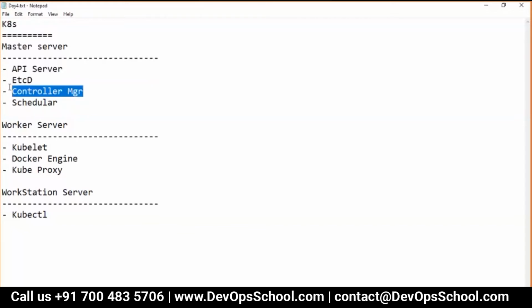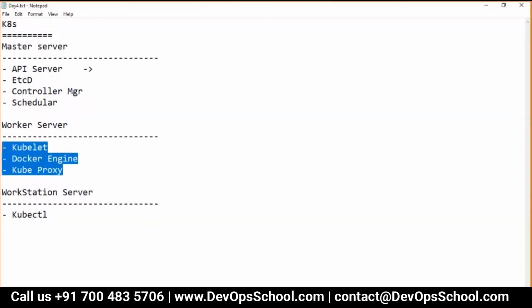So this is also an application, this is also an application. So can't they follow their own advice? Yeah. So all this software which is in the master server and all these components in the worker server, these all are applications. So see here, API server is also a pod. It can be a pod.